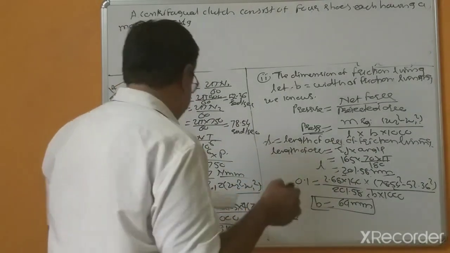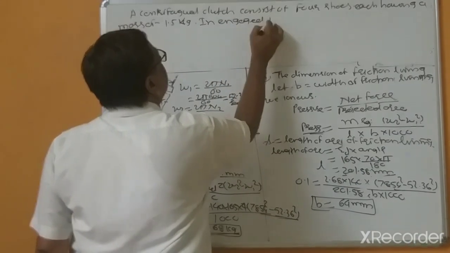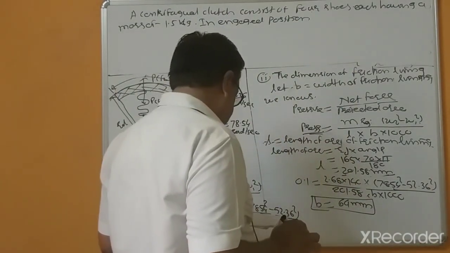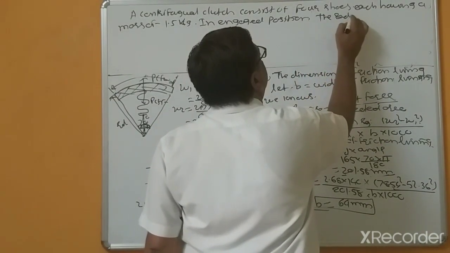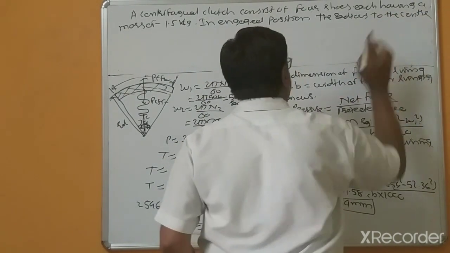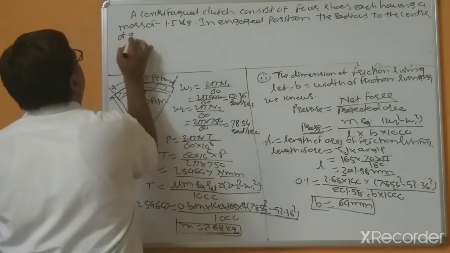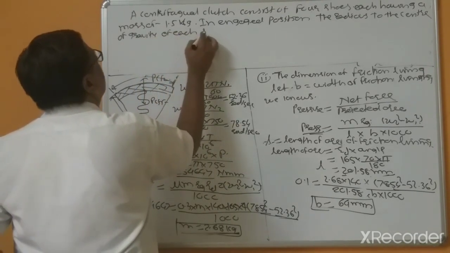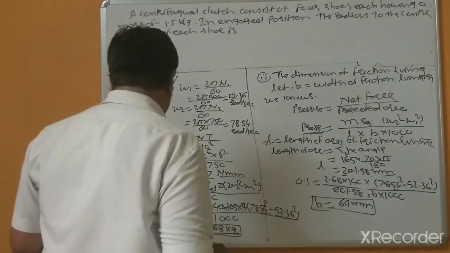In the engaged position, the radius to the center of gravity of each shoe is 110 mm,